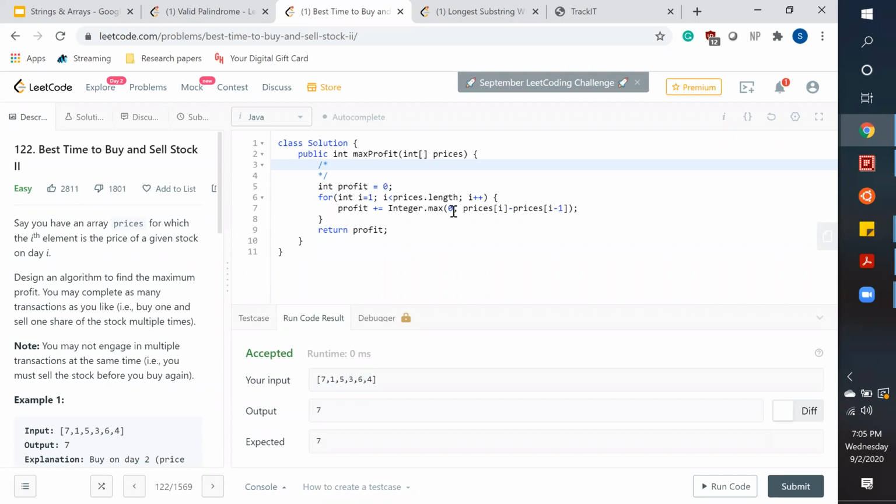So integer.max a comma b would just return the larger value, a or b. Yeah, sure. I can go over the for loop again. So essentially what I'm doing is checking the difference between the current day's stock price, prices at i, and yesterday's stock price, prices at i minus one. And I know that